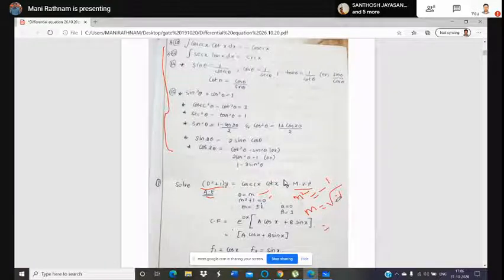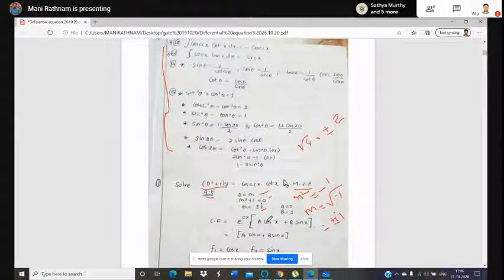So the square root of minus becomes i, and the square root of 1 is... Normally the square root of 4 we can represent as plus or minus 2. Like that, the square root of 1 becomes plus or minus 1, and the square root of minus 1 becomes i only. So this is plus or minus i. This is the m value, and you know that these roots are complex roots. It's not a real root.